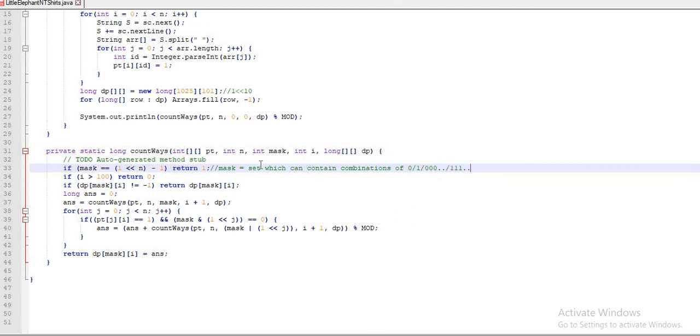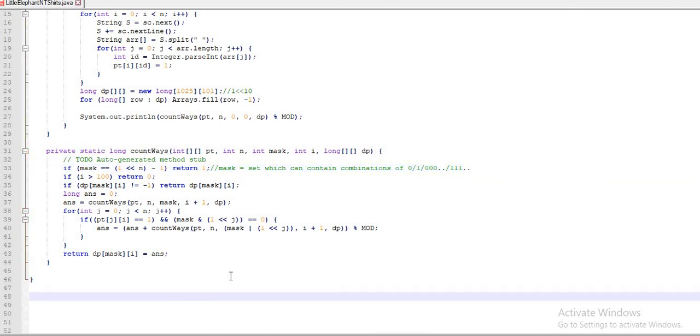Okay, so it can be the combination of 0 and 1 values. Once all the bits are turned on, it means that all of the n people are wearing different types of t-shirts. To do that, we shift 1 to the left by n times minus 1. I have already explained this in my previous video. For example, if n is equal to 4, that value is going to be 100.